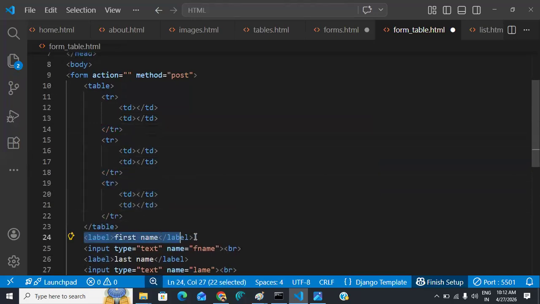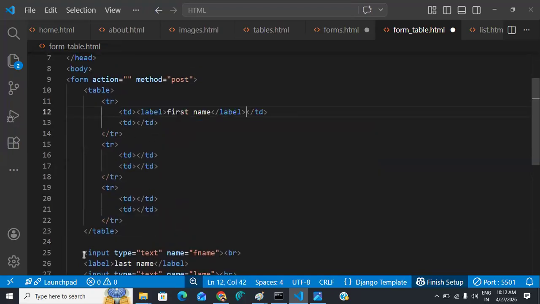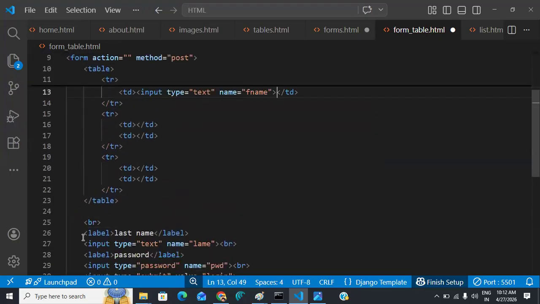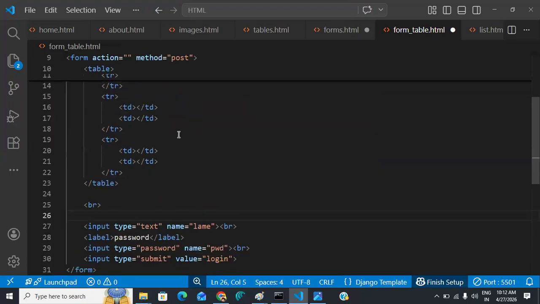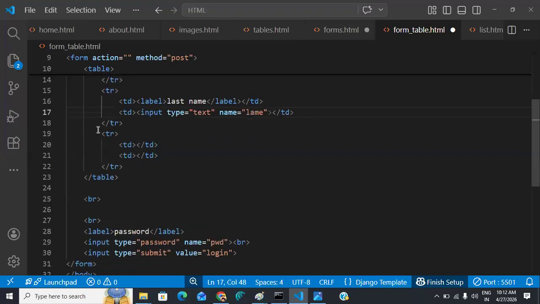See, the label is in one TD like this. And the next input is in one more TD, and no need for any breaks, guys. Okay. Next, the last name label is in one TD, and the next input is in one more TD, guys. And next